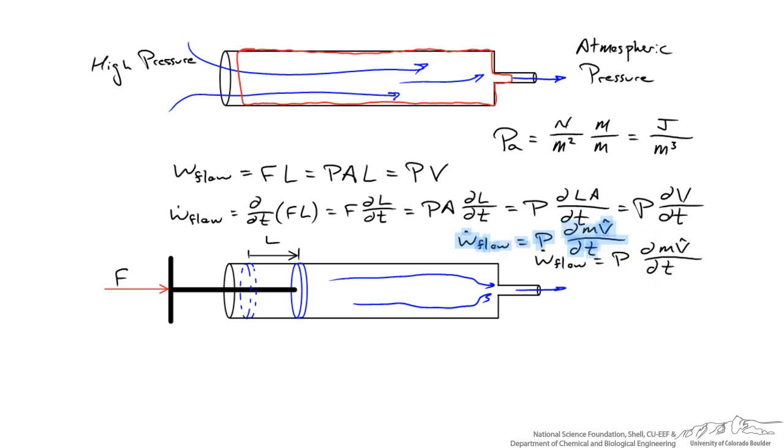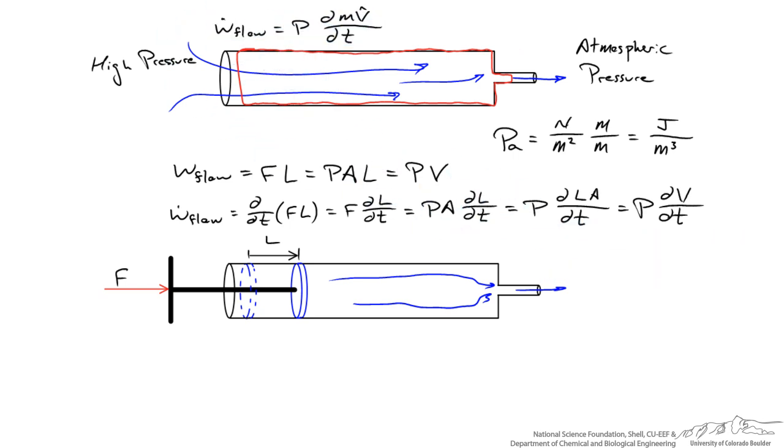And I'll move this up here to emphasize we're dealing with the open system now. So the pressure times the volumetric flow rate, the specific volume here is a constant, so I can pull that out of the differential. And I've got the pressure times the specific volume times dm/dt. Or I could rewrite this: dm/dt is m dot, times P times the specific volume. And in an open flow system, you see this an awful lot, this mass flow rate times PV, and sometimes